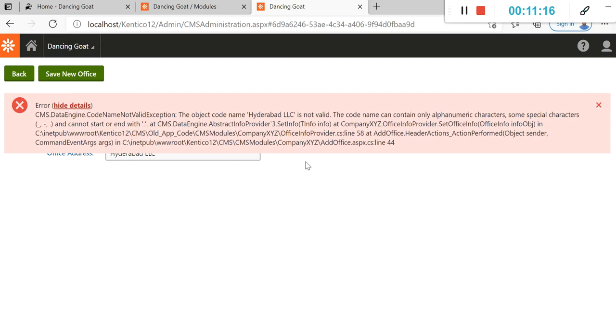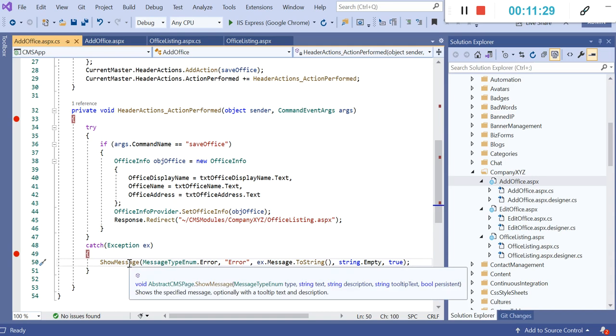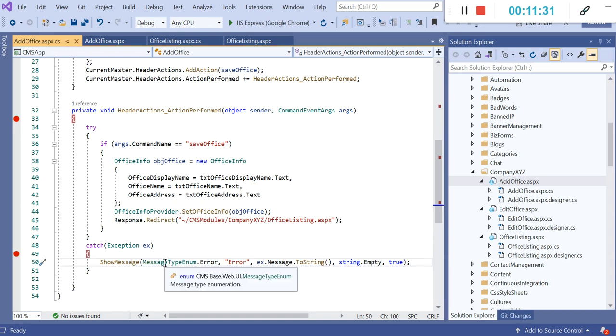For handling this error and showing it on the Kentico admin UI, we have used show message, which is provided by Kentico itself. Here we have cms.base.web.ui message type enum. The message type enum should be error.